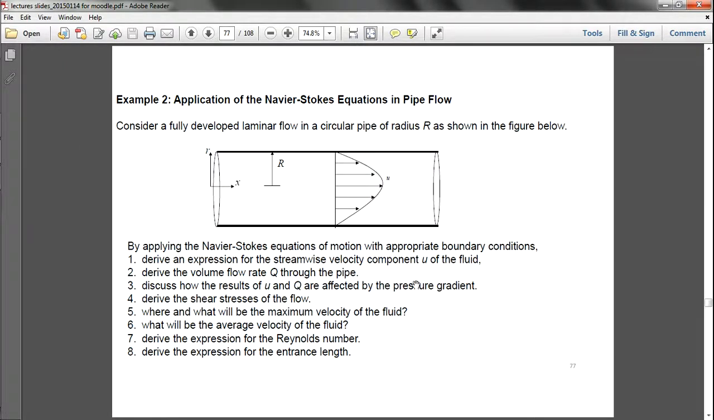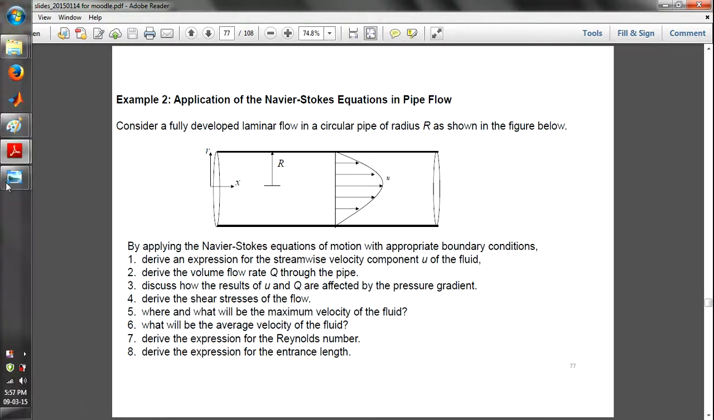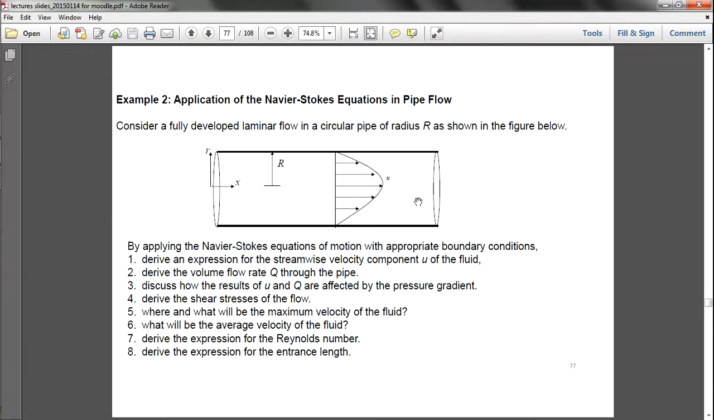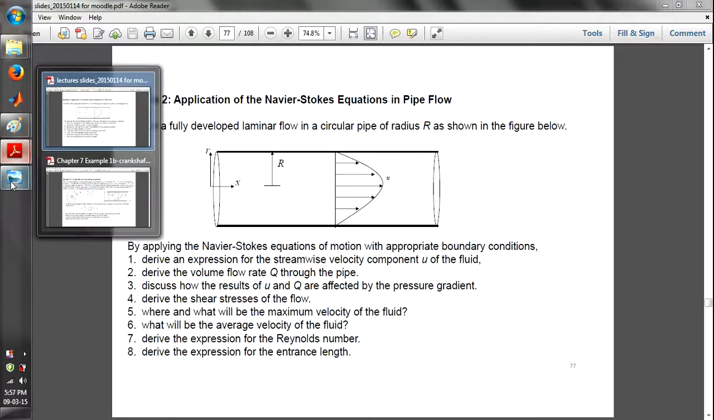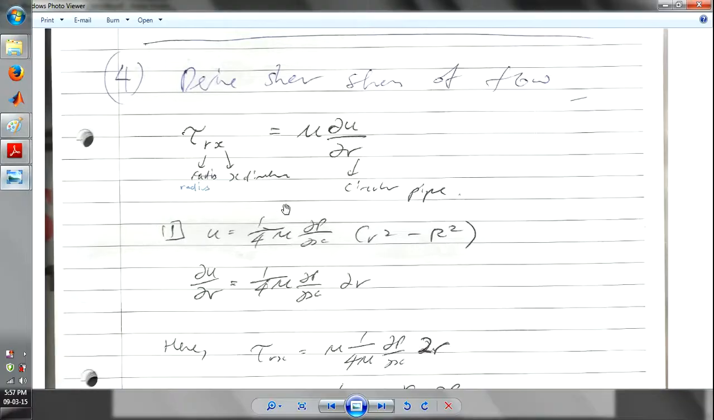Previously we discussed a lot of the pressure gradient and such. Now we discuss the rest of it. So derive the shear stress of the flow. Okay, so shear stress of the fluid flow. So how do you do it? If you remember, the shear stress is calculated by